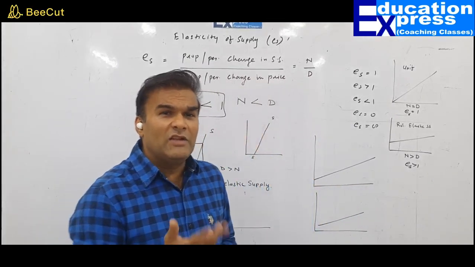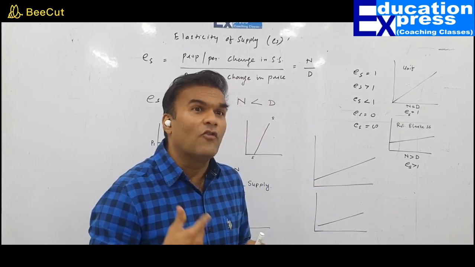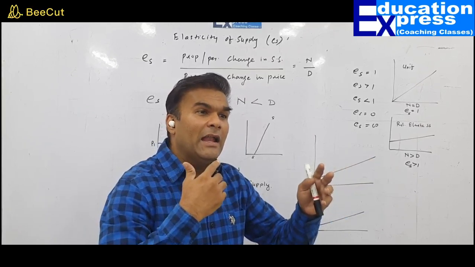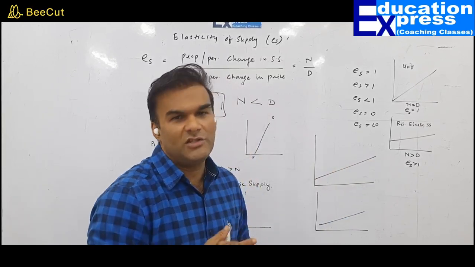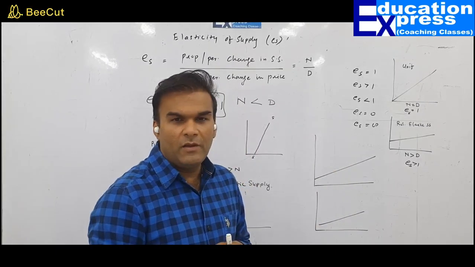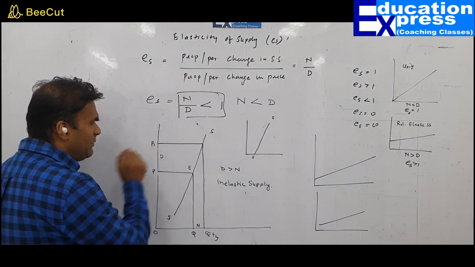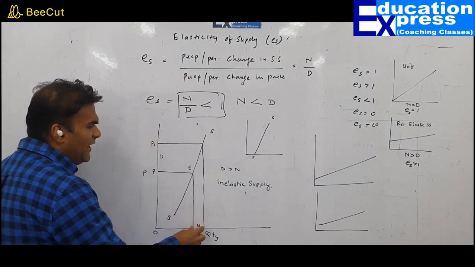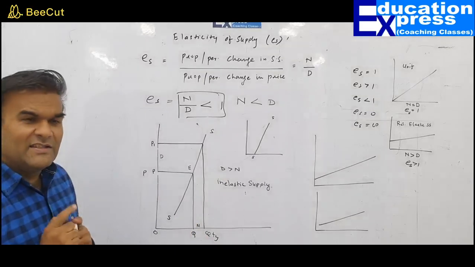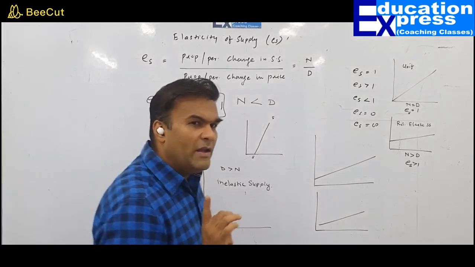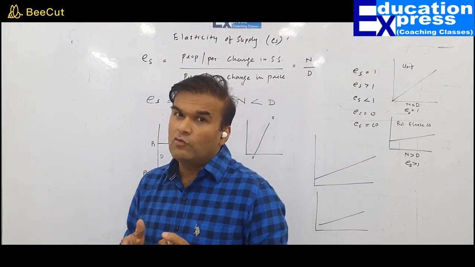So even if the price rises, my supply can rise, but only to some extent, not beyond that. And that's the reason why you can see there is a steep rise in the price, but a very insignificant rise in the supply. Same is with respect to many other products also, like milk. Same is with respect to salt.